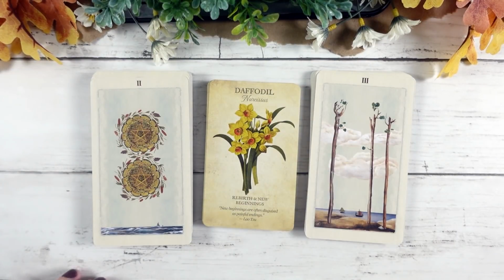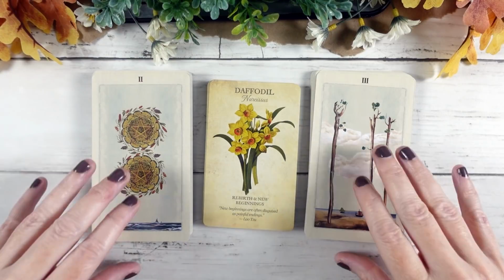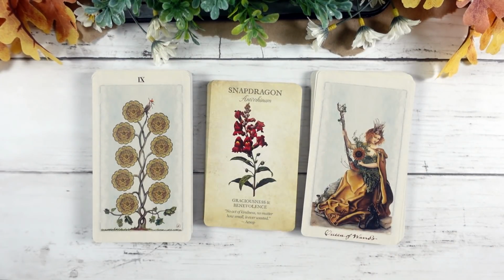I think I forgot to flip the oracle card, but that's okay. And I feel like the Botanical Inspirations really helps draw that warmth out of it. So we get this beautiful earthy air energy that again has a very autumnal feel to me, because